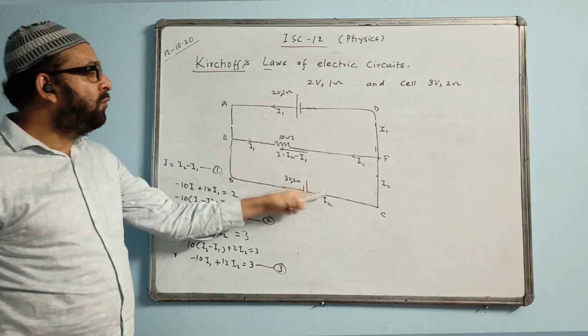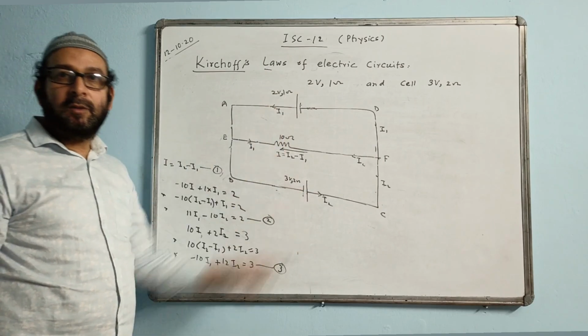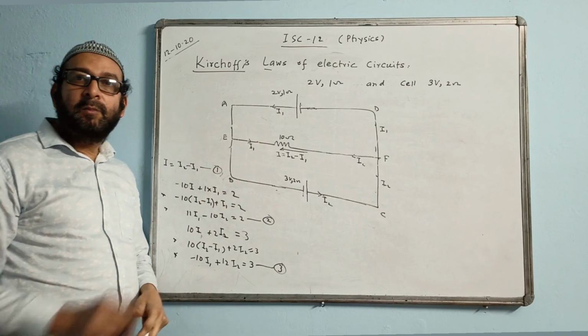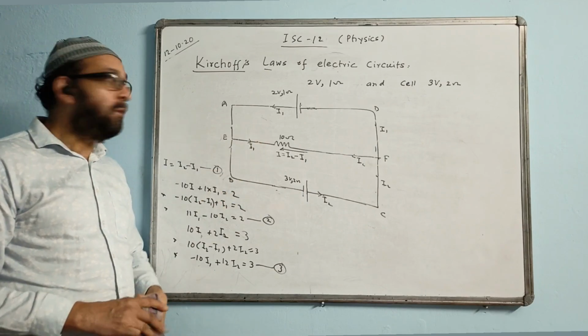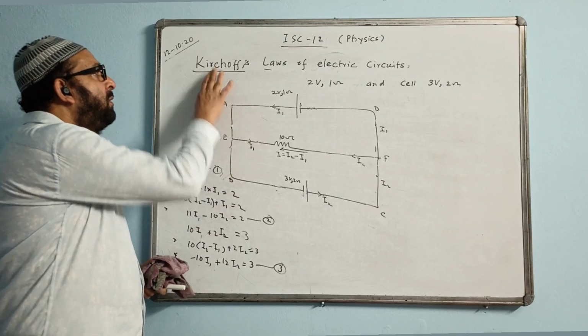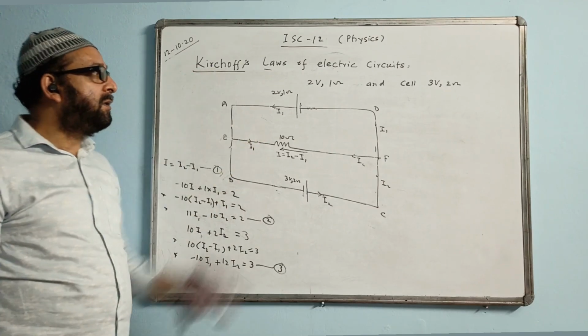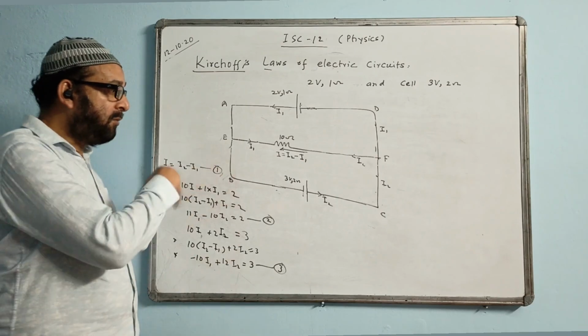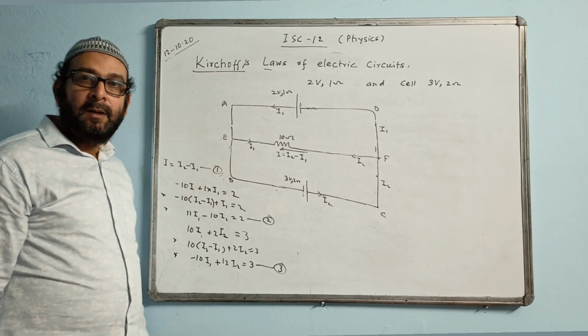But the internal resistance is not to be forgotten. These kinds of questions you may have in the book, or you can try some questions from the book. This is called Kirchhoff's law. We are using Kirchhoff's law in electricity. This is a quite complicated network, so we have to use Kirchhoff's law to find the currents. These two types of questions are very, very important.